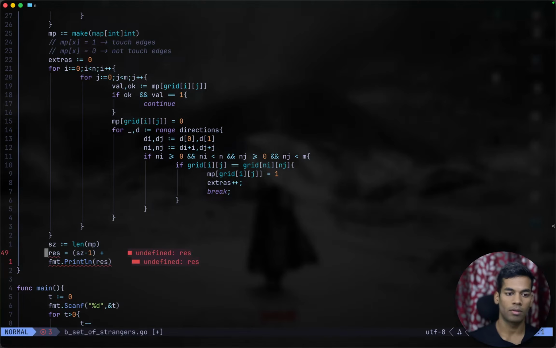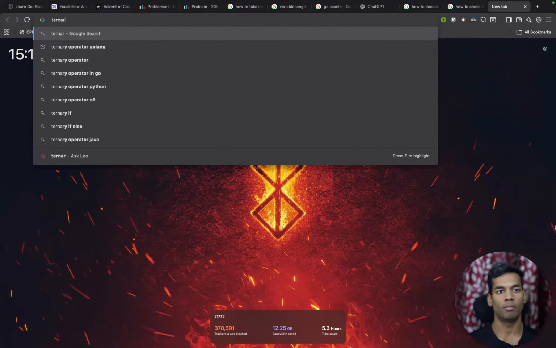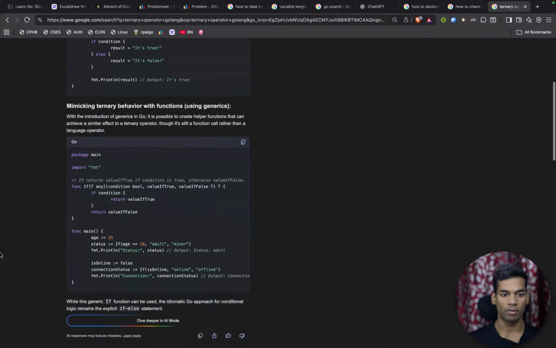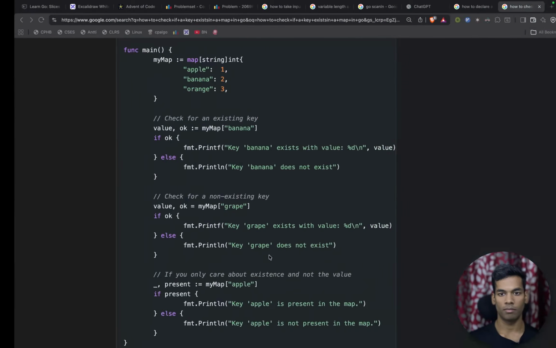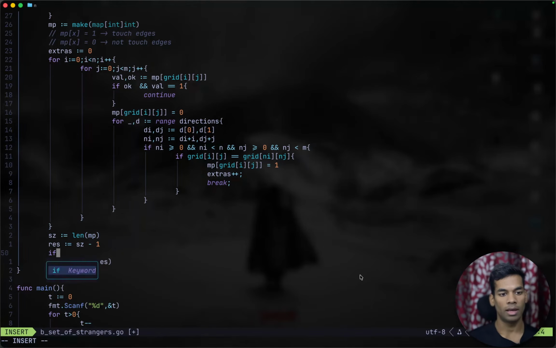Plus, the walrus operator, size plus 1, plus, do we have a ternary operator in Go? I guess not. No. We will have to use if else in Go. Size minus 1, and if extras,